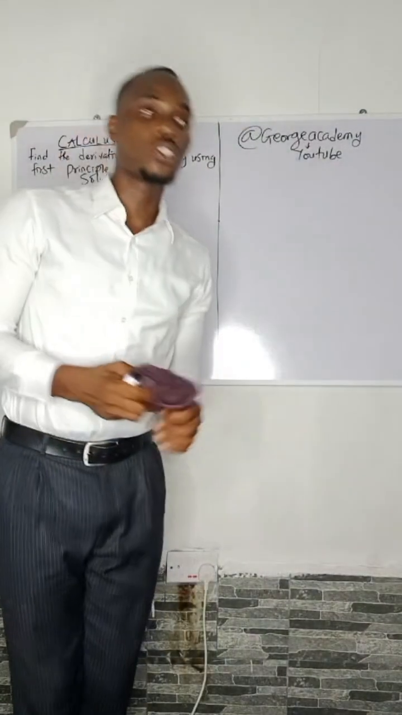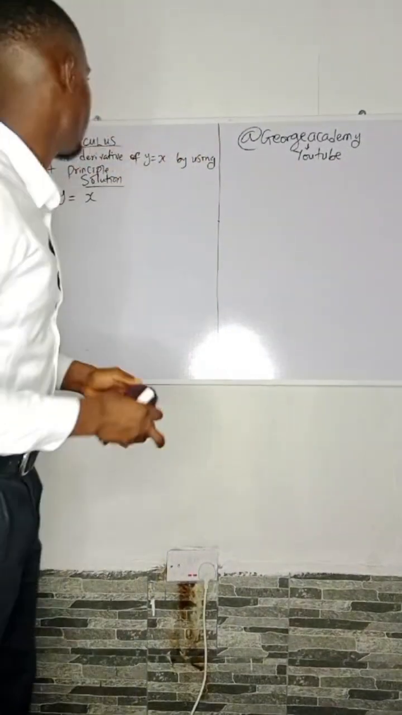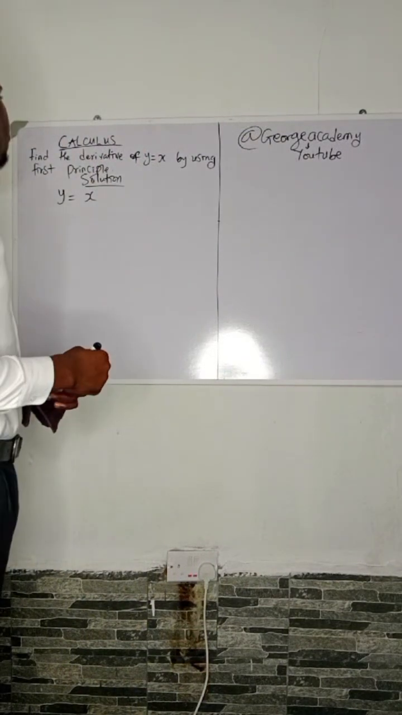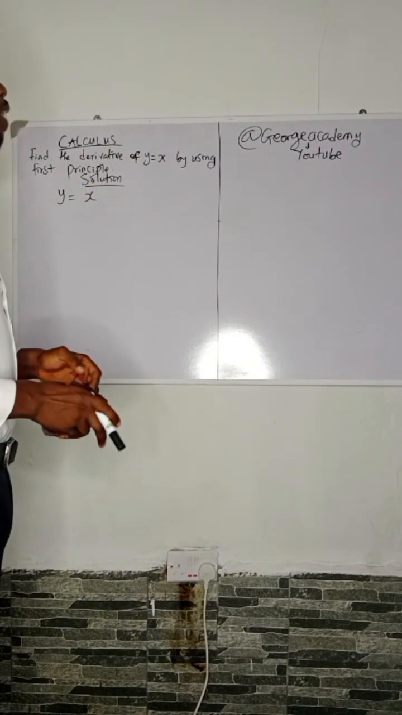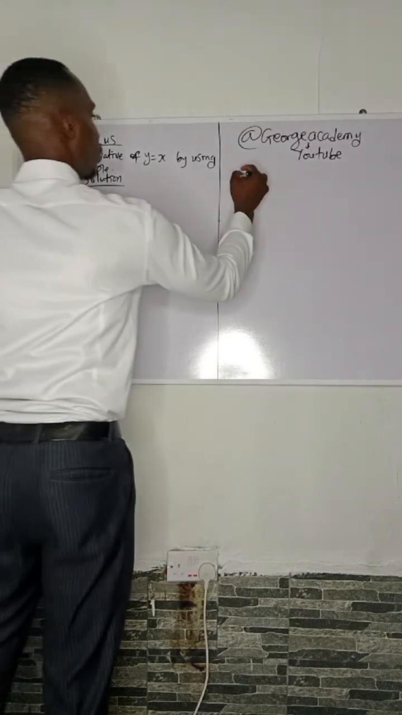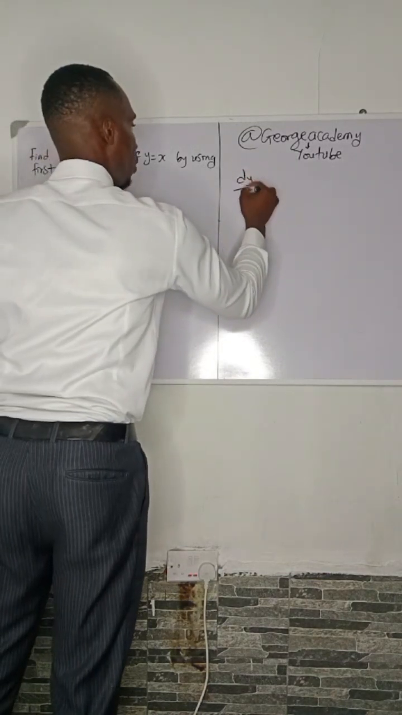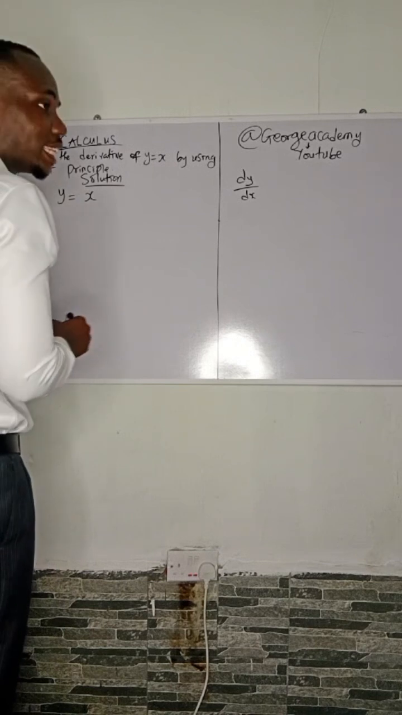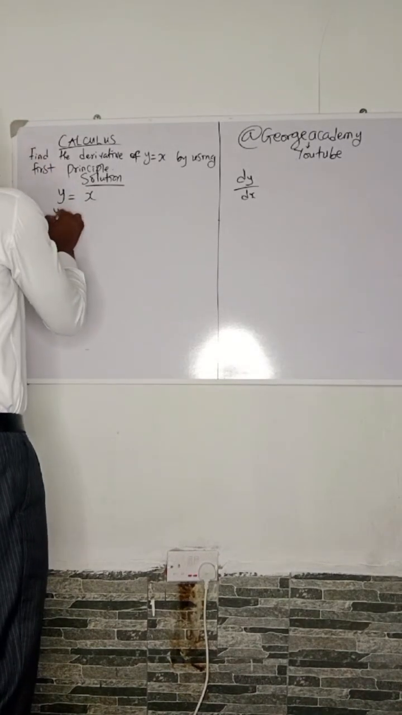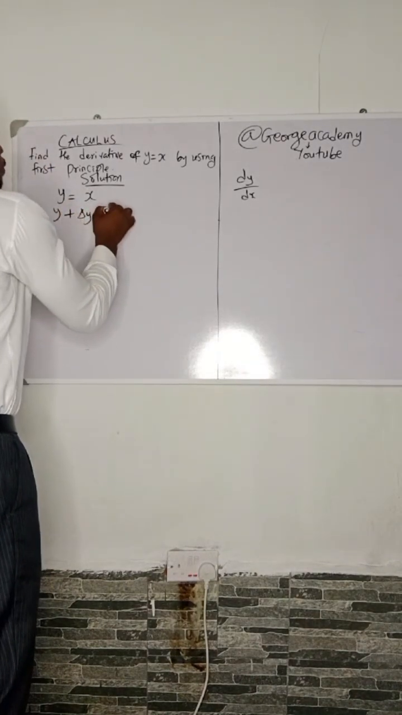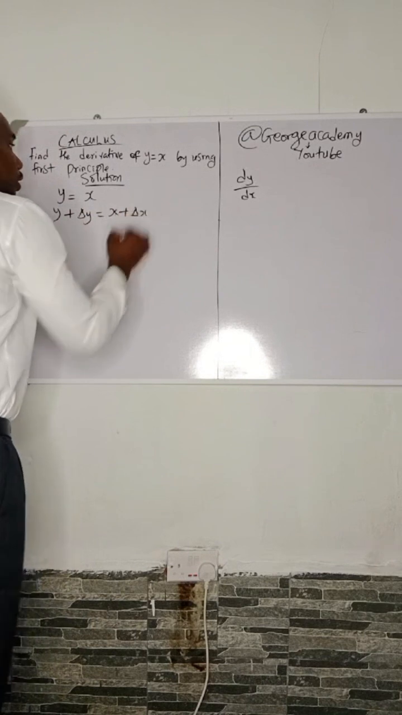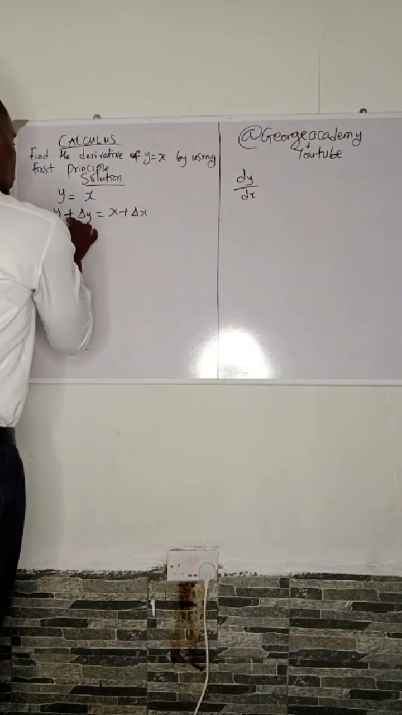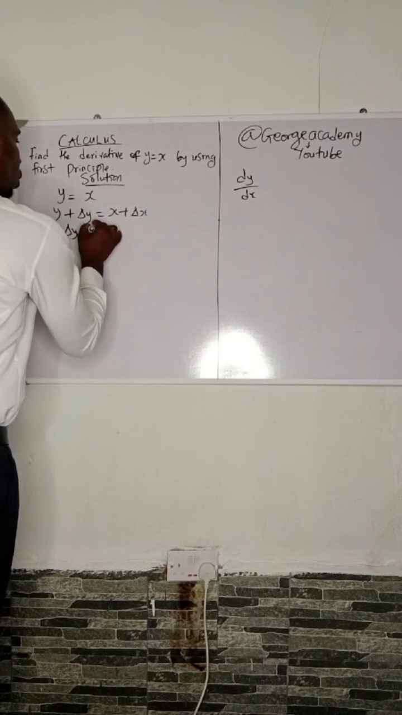Good evening, everyone. So today we are asked to find the derivative of y is equal to x by using first principle. Now, when they say find the derivative, they mean you should find dy over dx. The first thing we are going to do is to add the small increment, which gives y plus delta y is equal to x plus delta x. So we are going to cross this to this side, so it gives you delta y is equal to x